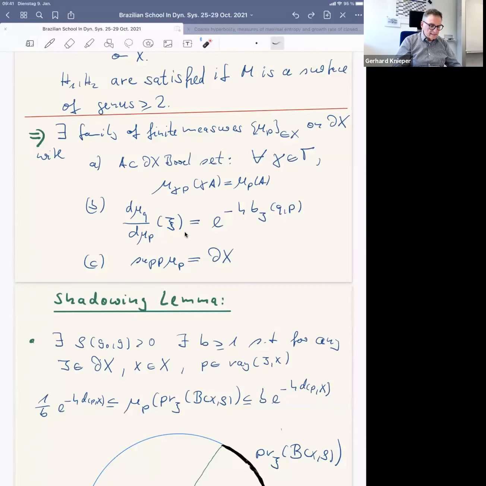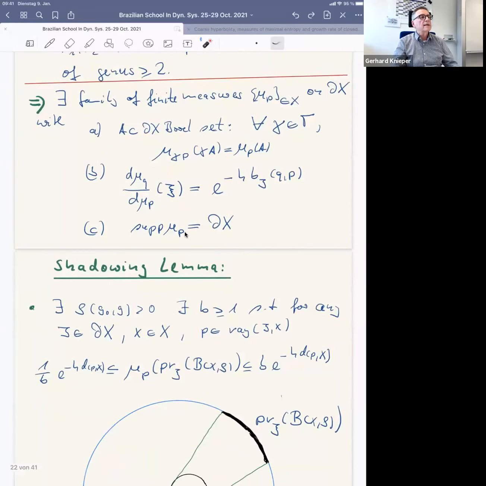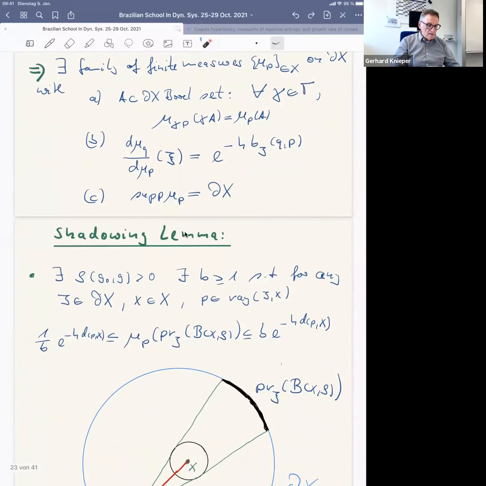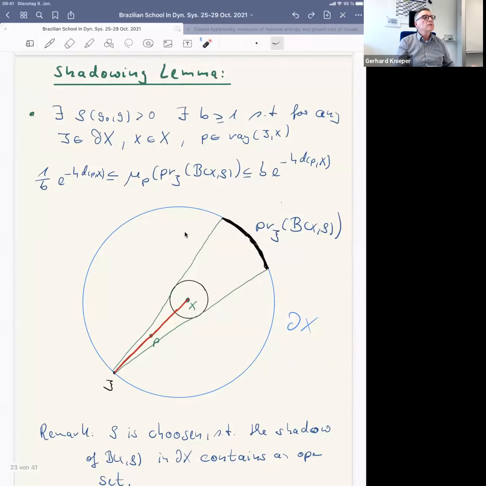The third property is that under this condition, which is not always the case, the support of the measure is everything. So you have a full support of this measure. Now we also proved last time the famous shattering lemma, which is well known in negative curvature. So I repeat what the shattering lemma is saying. There are some slight differences to what you usually have in negative curvature. So you have to fix